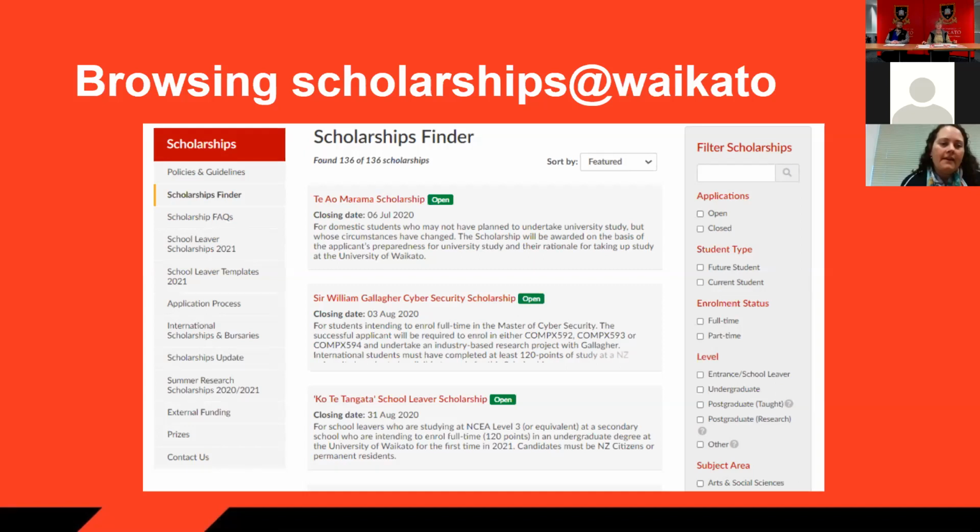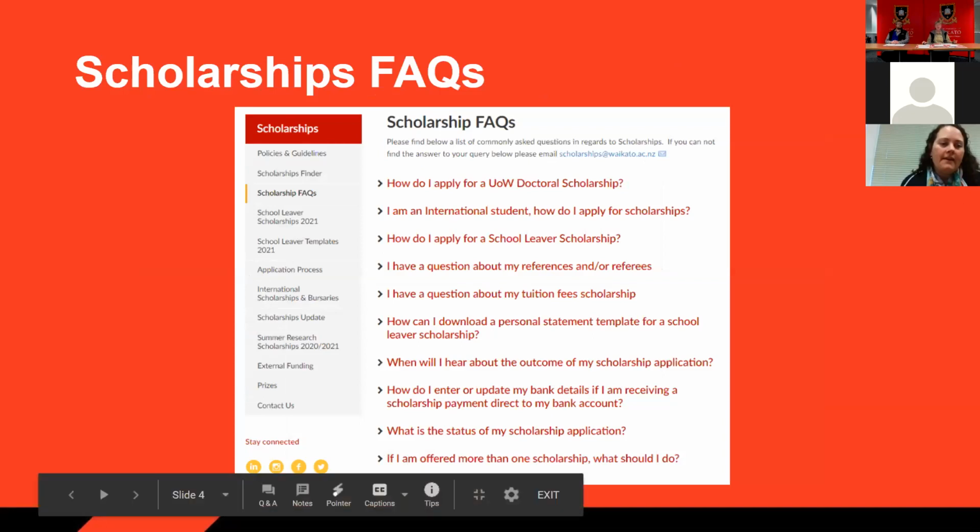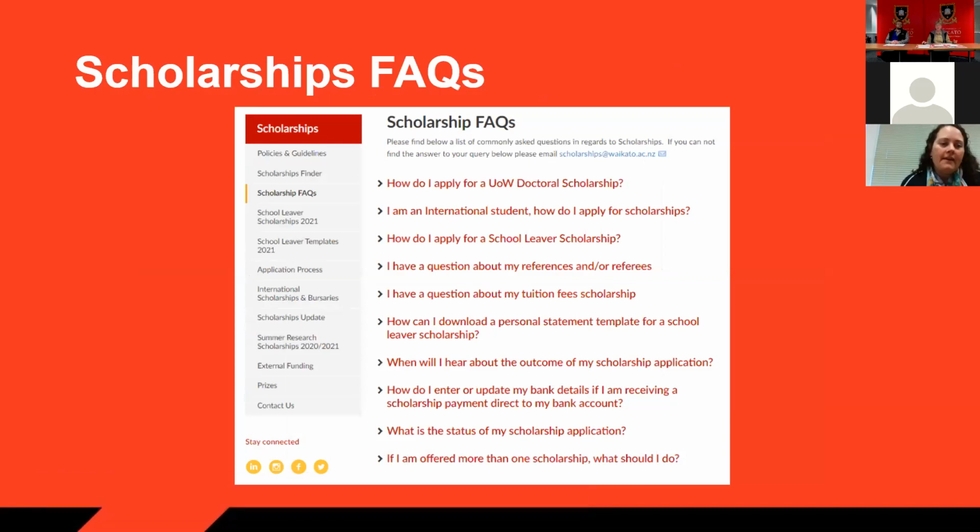Let's go first to the scholarship FAQs, frequently asked questions. Those are just some of them. We keep changing them depending on the season, scholarship season. But there you can effectively answer 9 out of 10 of your questions yourself. So that's a great place to always go. And then let's go down a couple of steps, or 3 steps, and get to